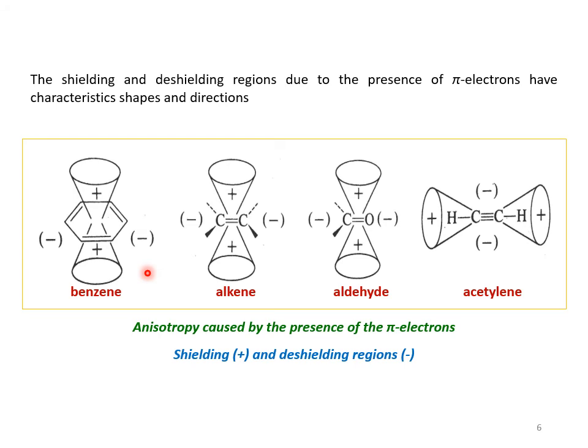The hybridization effect is also linked to the electronegativity effect. We know that as the s character increases, the electronegativity of the hybridized carbon also increases, as a result of which an sp hybridized carbon atom is more electronegative than an sp2 hybridized carbon atom, which in turn is more electronegative than an sp3 hybridized carbon atom. Since the sp3 hybridized carbon atom is the least electronegative, the hydrogens of sp3 hybridized carbon show delta values at 1 to 2 ppm, provided there are no electronegative atoms attached to the carbon.